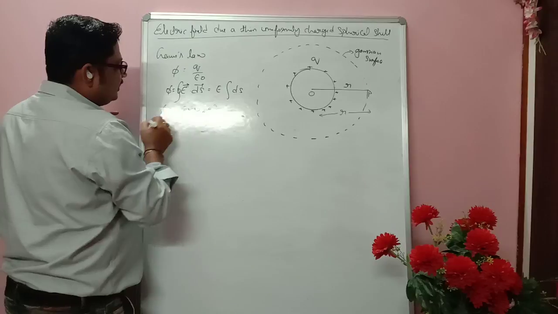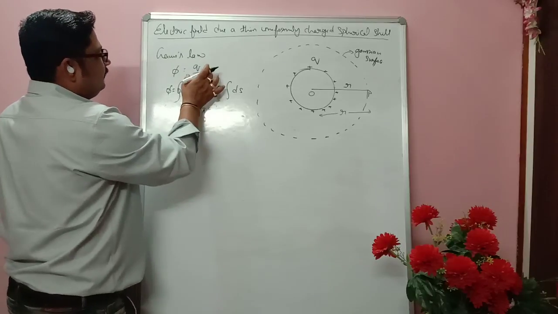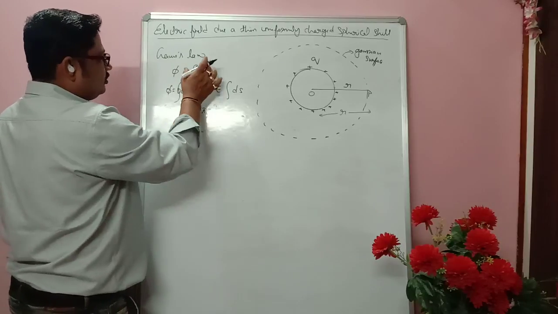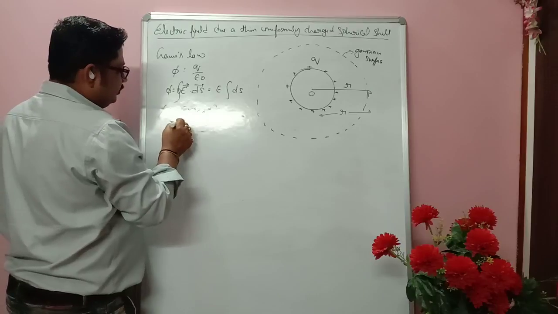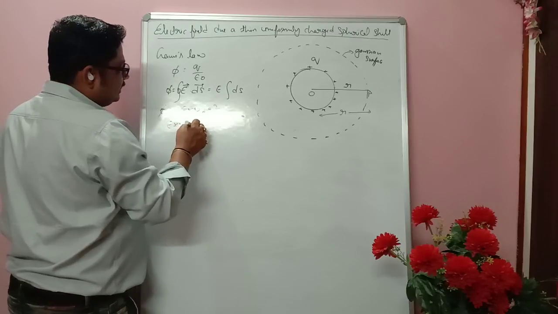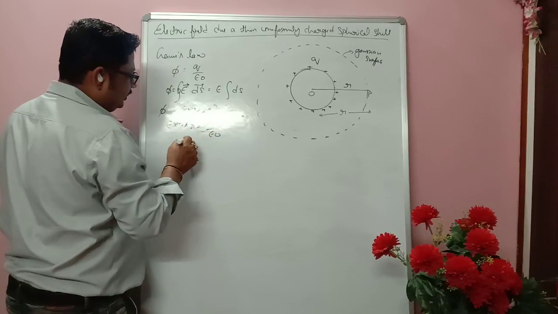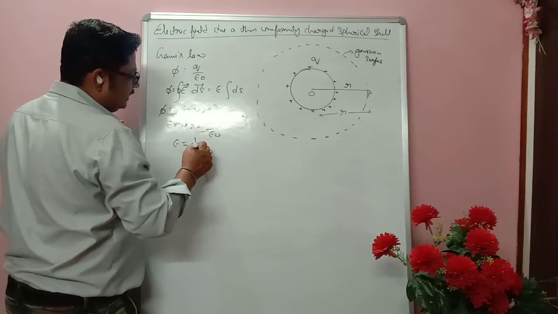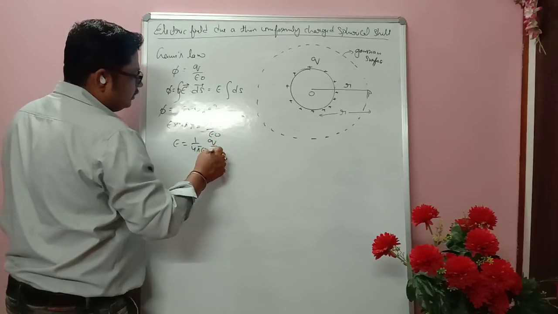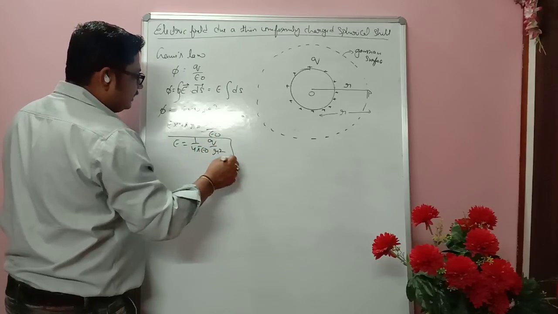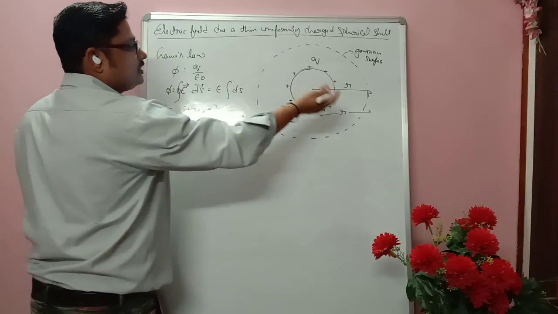Now this is the required flux. If we put this in Gauss law, E into 4 pi r square is equal to Q upon epsilon naught. So E will be 1 upon 4 pi epsilon naught Q upon r square. This is the required electric field at a point outside the